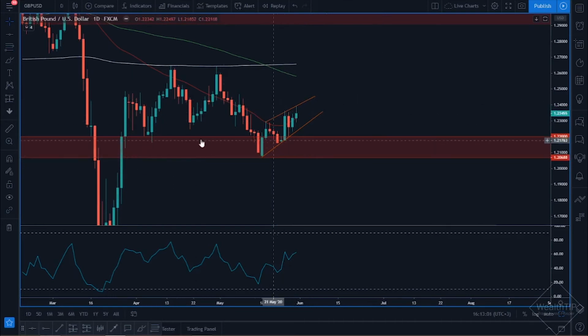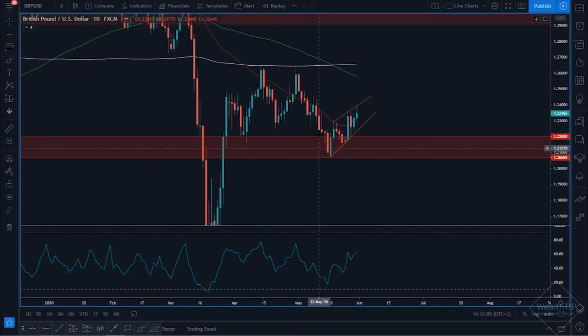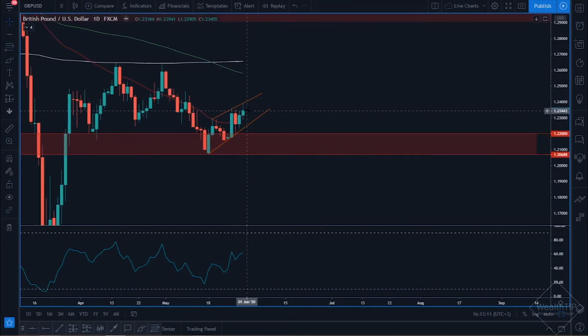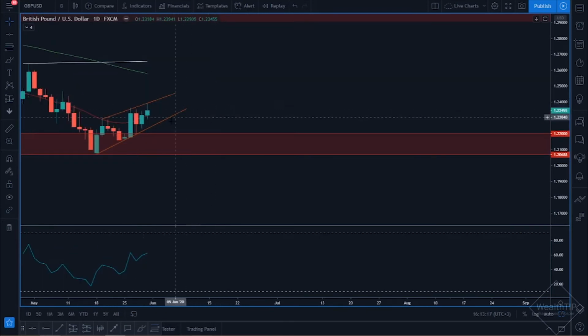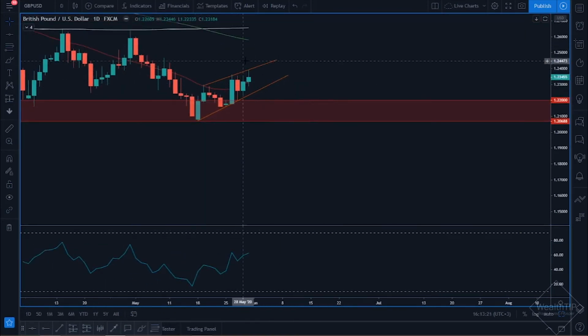Now, although we're on the support zone, and the price is running up, notice that the way the price is running up is in the form of this rising wedge pattern over here, which is ultimately a reversal signal. Not only that, we also have this shooting star on a daily time frame, and it is also the third touch on the corrective pattern, which also suggests that there's the potential of the market wanting to run further down.